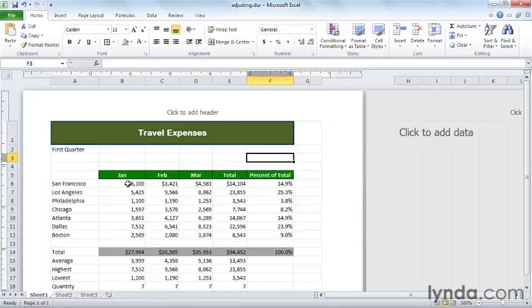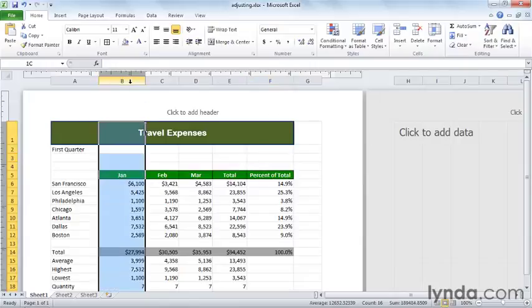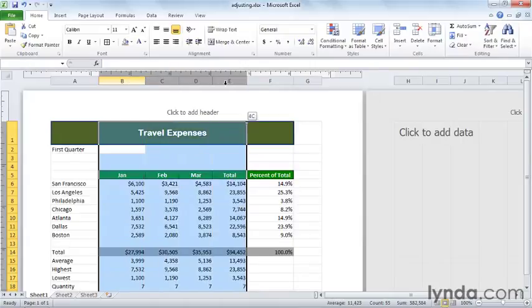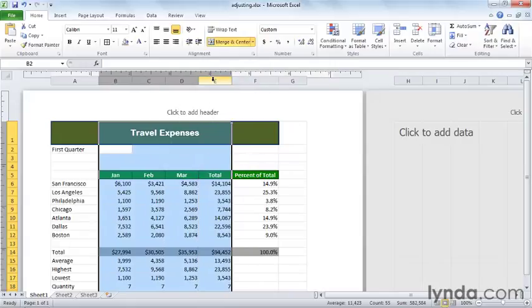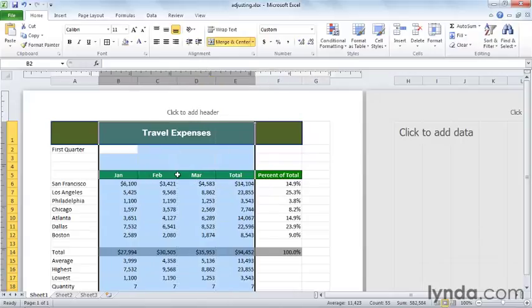Now, the columns here, B, C, D, and E, are all a little different. Maybe you want to make them the same. Put your mouse pointer here on the header for column B and just drag across to column E. We want to leave column E alone. When you put your mouse pointer here on the border between any 2 column headers, you could drag one way or the other. Now these columns are all the same width,